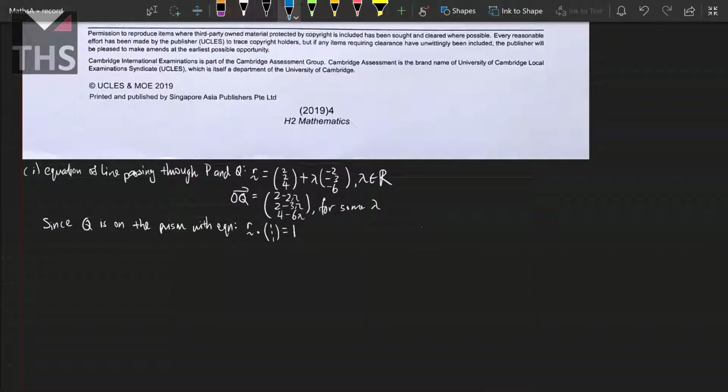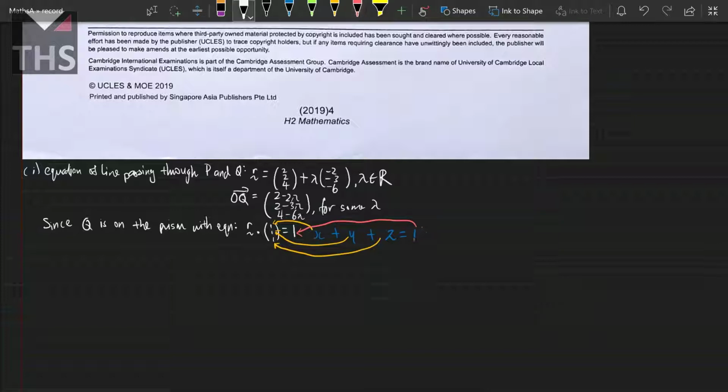Let me just spend a bit of time on this. x plus y plus z equals 1. What does this mean? This x here, the coefficient is 1, it's here. This coefficient of y, it's here. And this coefficient of z is here. And then the 1 you see there, it's this one. So since Q lies on this,